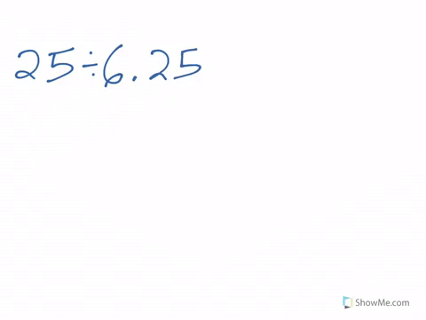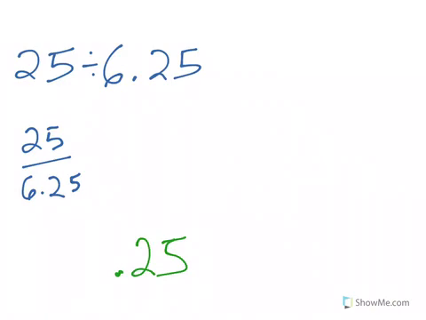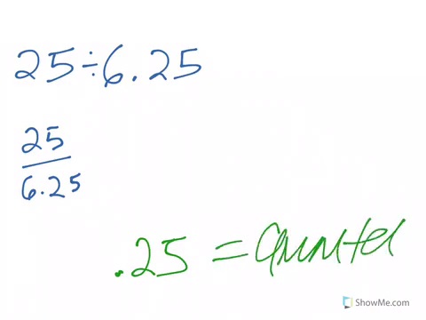Okay, let's take a look at another example here. Let's do 25 divided by 6.25. All right, well, I'm going to look at this again in fraction form, 25 over 6.25. And the thing that I should be looking at here is that 0.25, where does that look familiar? If you're thinking, hey, that's a quarter, you're right. A quarter is 1/4 of a dollar. If you have 4 quarters, you have